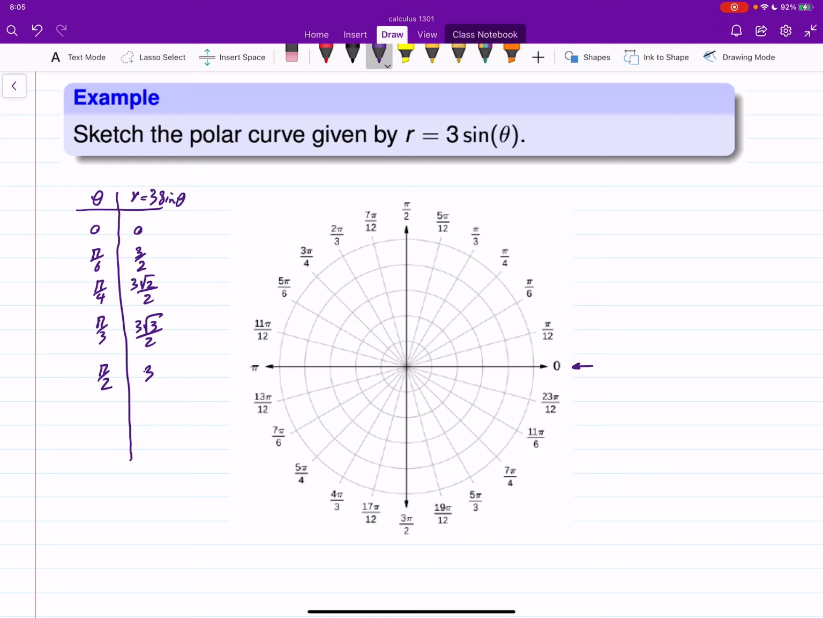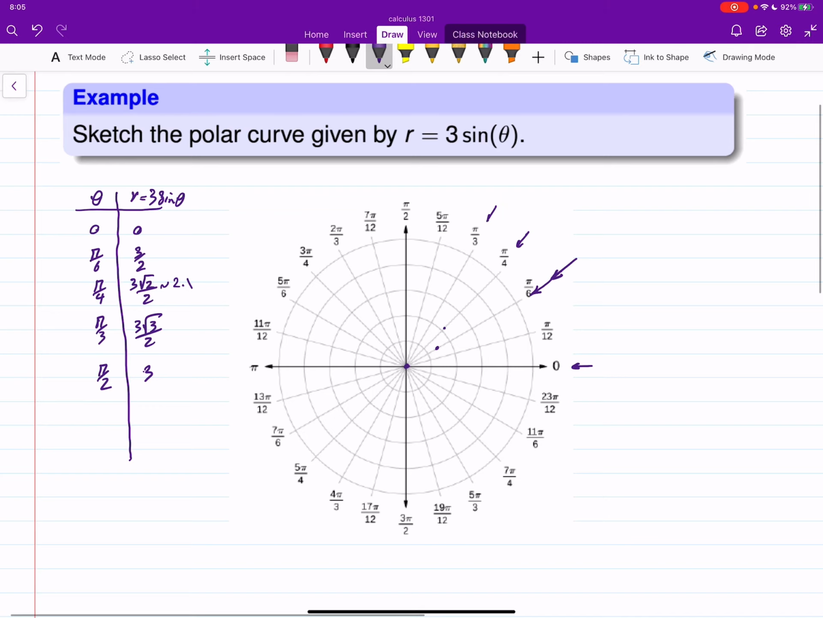For theta 0, so this is this ray here, the r is 0. For theta pi over 6, it's 3 over 2. It's 1.5, yes? So on this ray here, that is 3 over 2. On pi over 4, root 2 is about 1.4, divided by 2 it is 0.7, so this is 2.1. So I go up to 2.1, and then